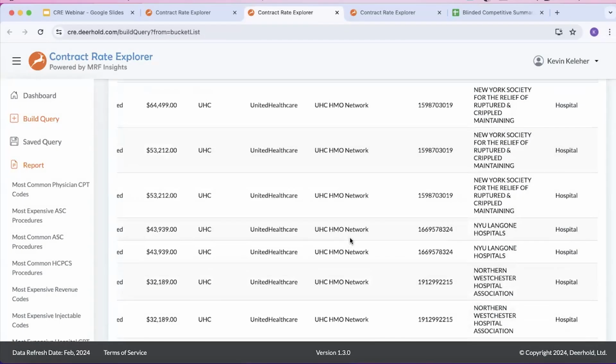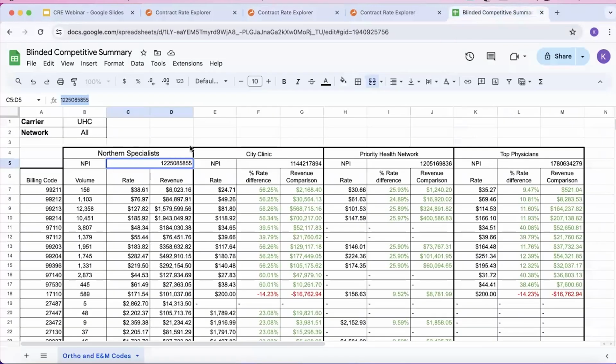One way that this information can be used, now that I have information at a detailed provider level, is as a provider, I can not only look at the rates that I've negotiated against a median rate with a carrier or within a given market, but now I can compare myself against other like competitors, right? So one of our clients had actually put together, using the data within Contract Rate Explorer, this specific competitive summary,